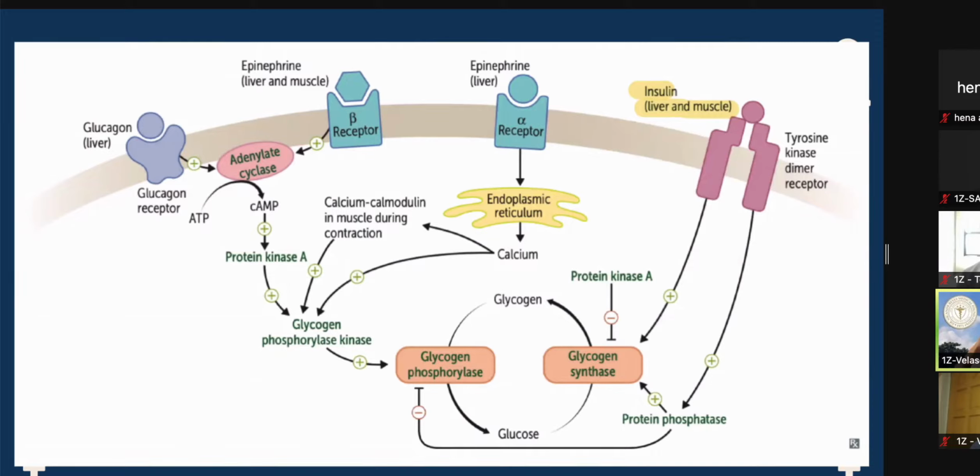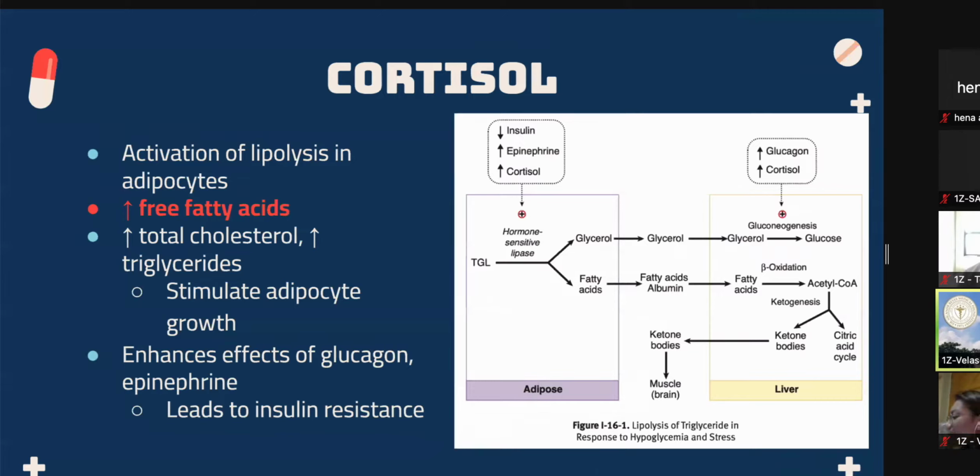And I just want to highlight here that cortisol also enhances the effectiveness of hormones such as glucagon and epinephrine. So again, for glycogen synthesis or breakdown, in this case, cortisol would enhance the breakdown of glycogen. Okay, next slide, please. And then it activates